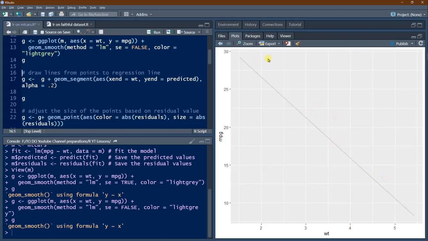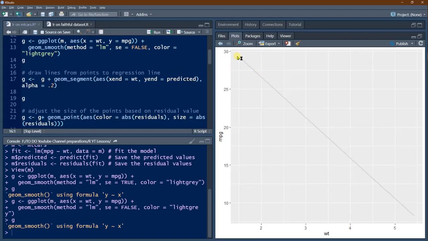Okay, from each point to the line we'll draw a segment. So how do you do that? For that we have to add a geom_segment, and as aesthetics we have to give xend as weight, that is for each weight point, and yend is predicted.